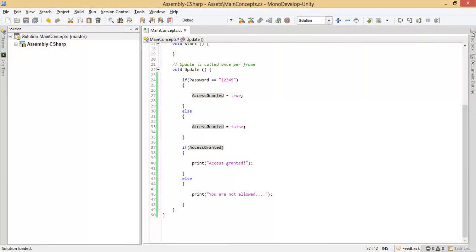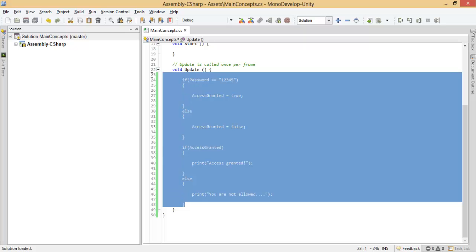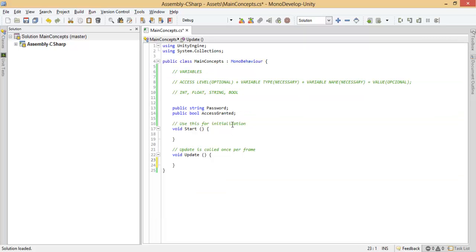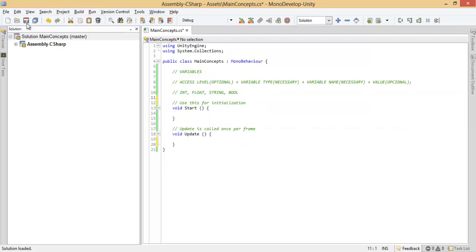So continuing, let's now talk about methods. I will just erase this stuff, and I will also erase these variables. Methods are divided into two different segments. We have procedures, and we also have functions. Basically,